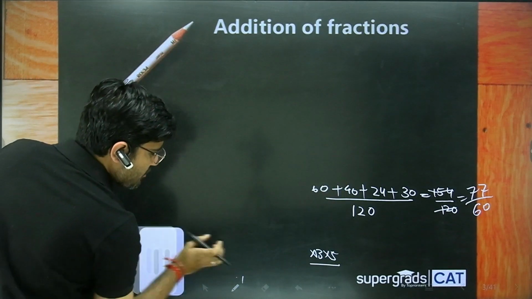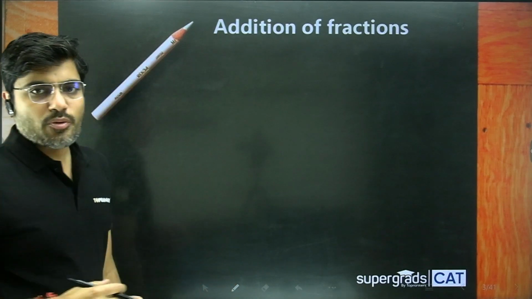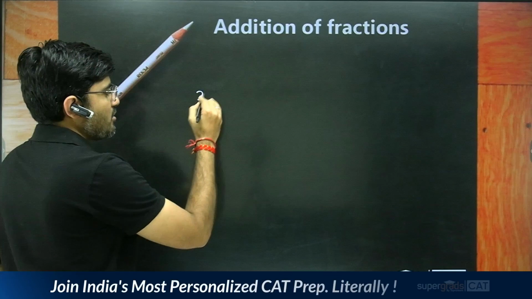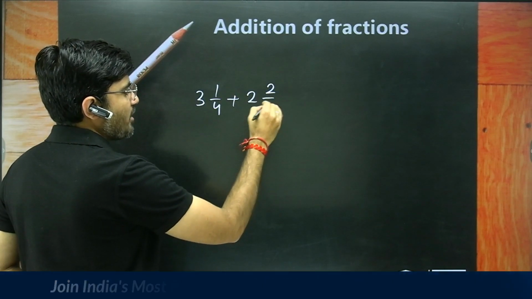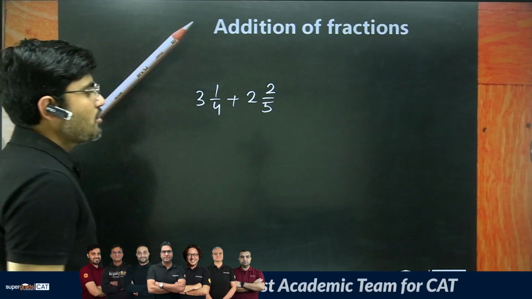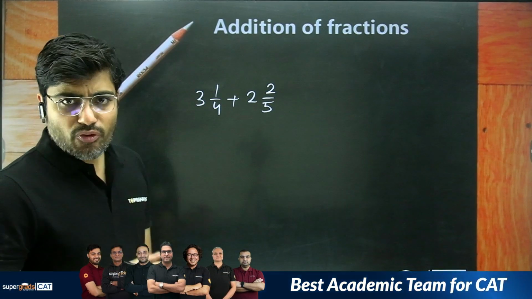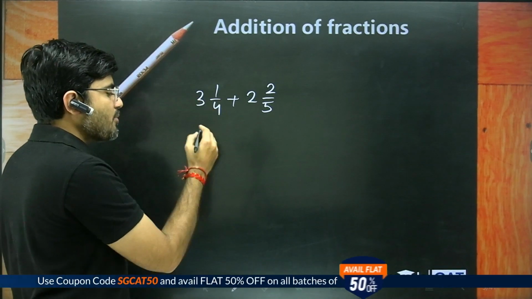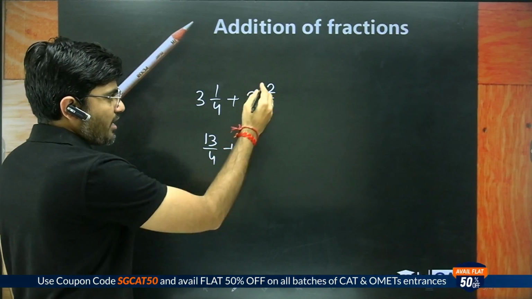How to add a mixed fraction. This is about proper or improper fraction. Suppose there is a mixed fraction given: 3 and 1 by 4 plus 2 and 2 by 5. If I have to add these two, the first thing which comes to mind is convert it into improper fraction and then add. So what we can do, 3 into 4, 12, 12 plus 1, 13 by 4 plus 10, 10 plus 2,